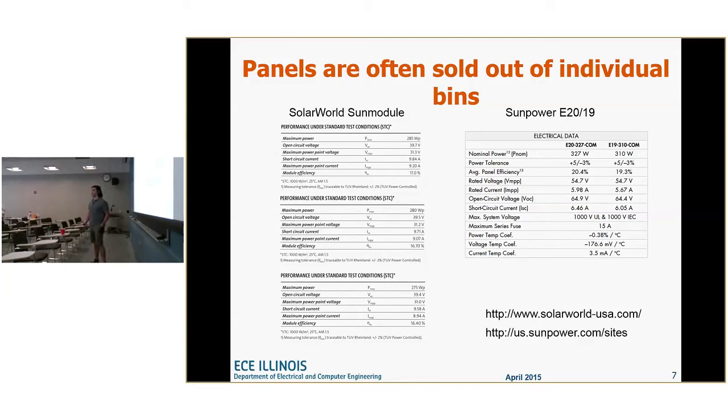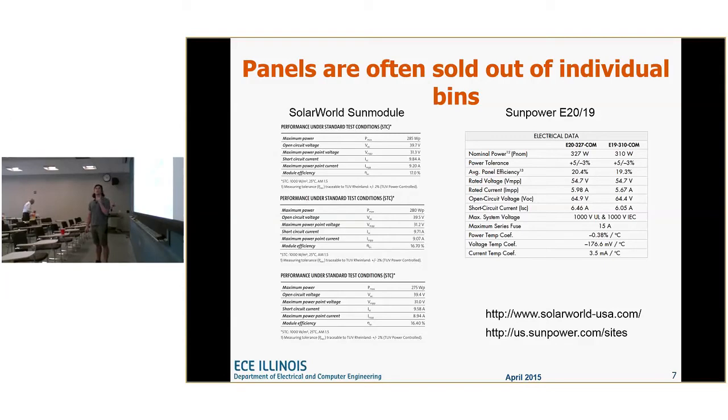So anyway, you can look at a solar data sheet or solar catalog, and you can usually buy panels from individual bins, so we can get a look at how bins are distributed. Just looking at solar catalogs, I can see that